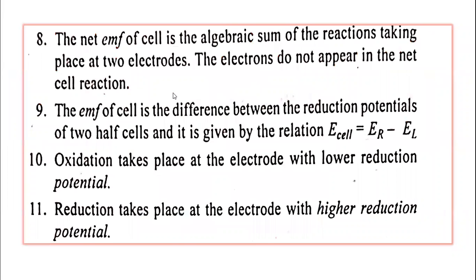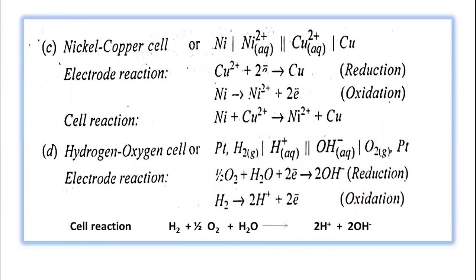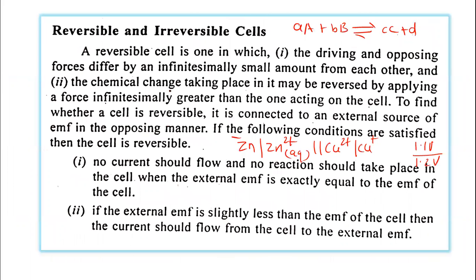So let us discuss the reversible cell here. Reversible cell, very important. We should understand the reversible cell now. A reversible cell is one in which the driving and opposing forces differ by an infinitesimally small amount. Very small difference between the two, 1.1, 1.2. And the chemical change taking place in it may be reversed. The cell reactions are reversed by applying a force infinitesimally greater than the one acting